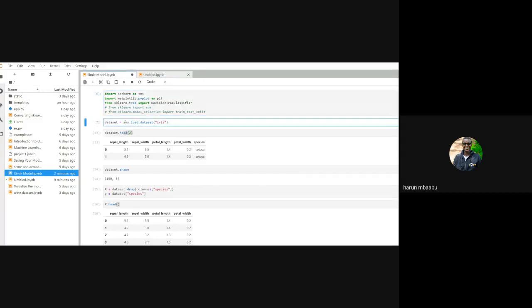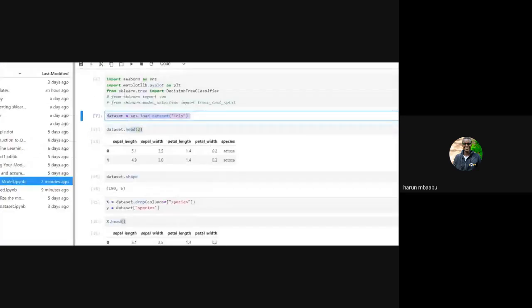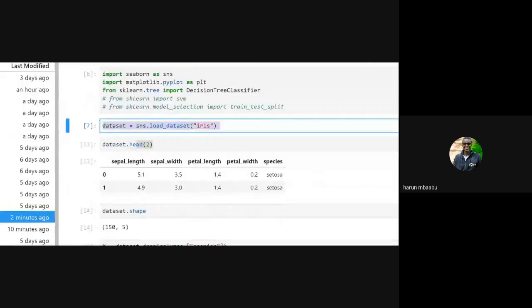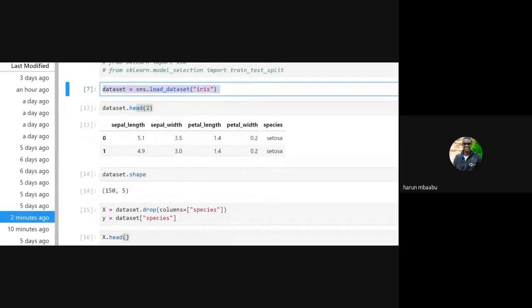After that, I load in the data set. That is what we call obtaining the data set in machine learning. Let me zoom in. So I wrote in the data set, that is, obtaining the data sets. Then I viewed the data set. I checked to see what is contained in the data set.